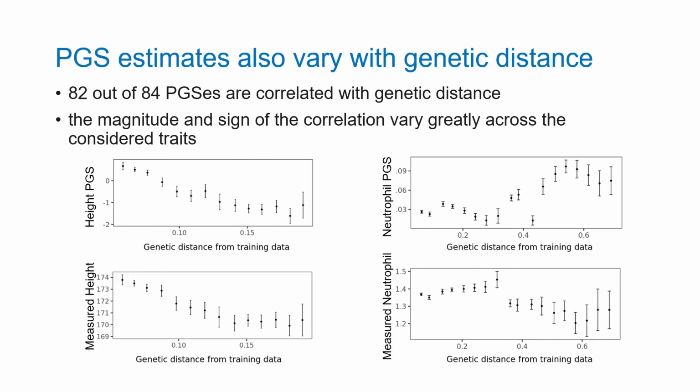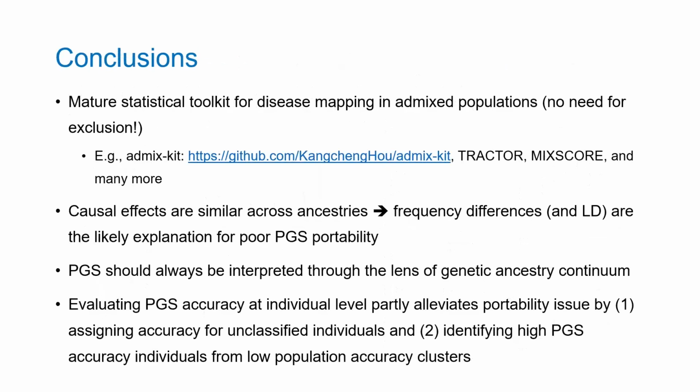So the point that I'm trying to make here is that every time we use any polygenic risk score for any disease, we should plot it across this continuum of genetic distance and reason about what could impact these correlations before we actually use it in diverse individuals. So in conclusion, I covered lots of stuff, and I didn't go into lots of details. Please reach out if you have any comments, or if we want to go into specific ones.